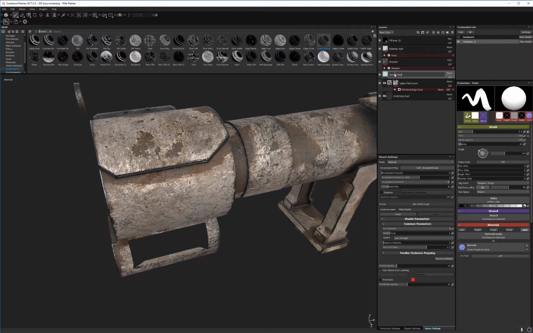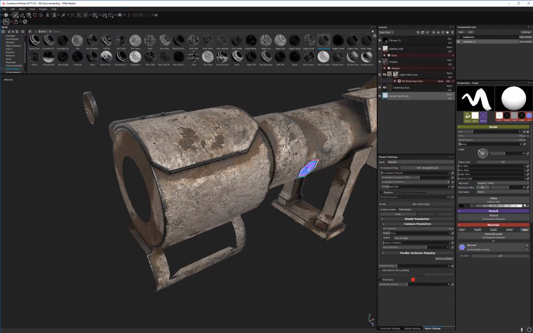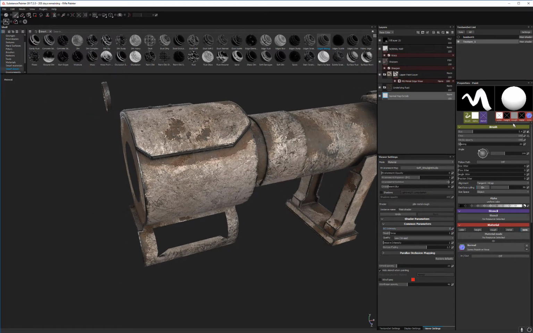Call it normal map detail or hinges or whatever it is you're going to add on there. I'll just call it normal map details. So this new normal map needs to be underneath all the other existing materials. And that will make sense. There's a technical reason for that, I suppose, but it will make sense in a few moments. So what we need to do here is just make sure that we remove everything with the exception of the